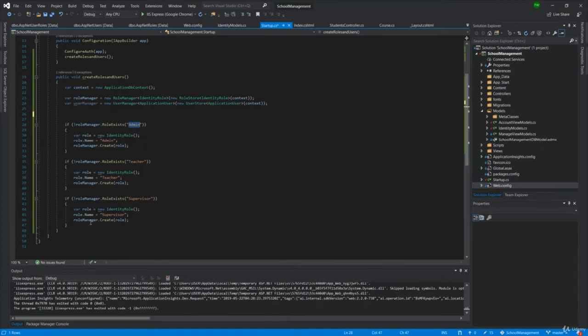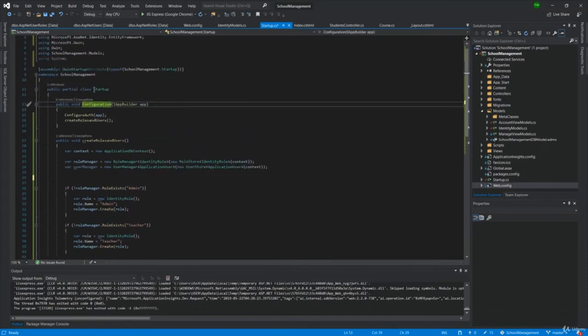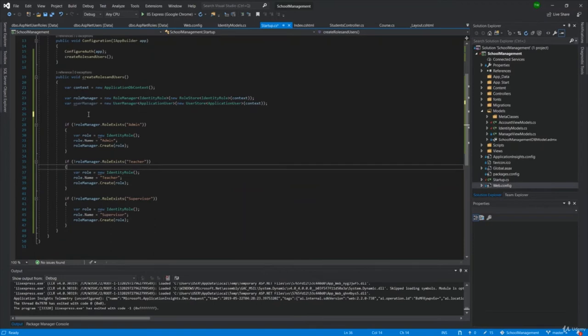So this kind of code you could actually put into an application. You're deploying it for the first time, and these are presets. Then you can put any preset you wish. You can just create a function, create your presets, and just call the function inside this configuration function in the startup class. Now that we have successfully created some roles and created at least one user in the role,